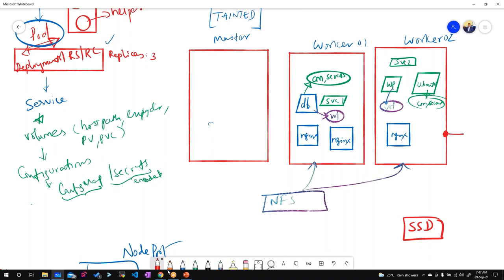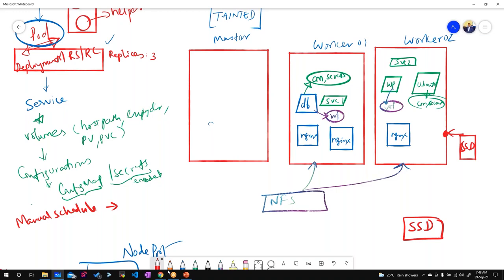I mounted one SSD storage, and I want all the DB pods to be scheduled onto this worker node so that they can use this high speed storage. Understood the use case? In this case, I can have manual scheduling, where I decide exactly which node this pod has to land on.